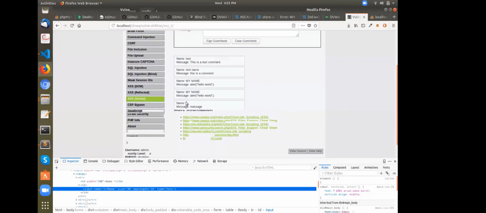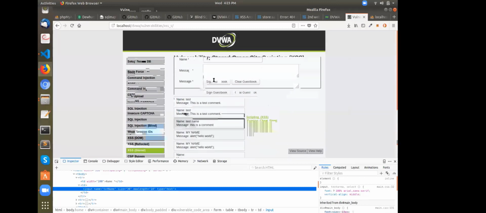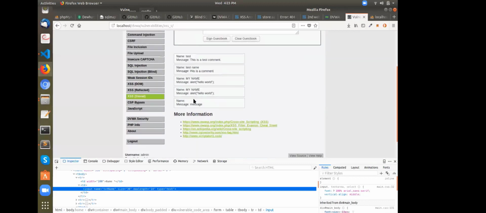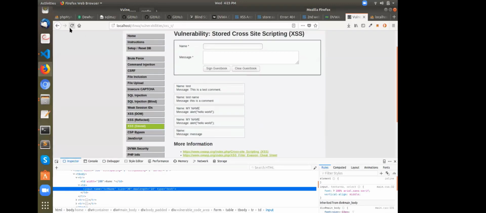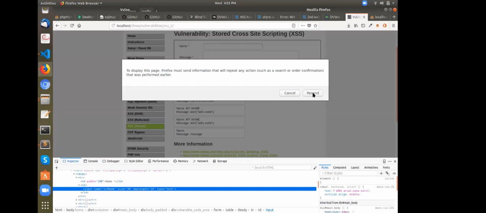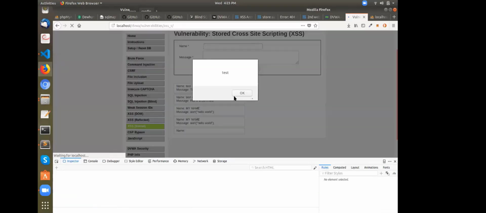You see, we did the same thing. First we tried to store the XSS attack in the message field, and then we tried to store it in the name field. But the message field is secure, so it was not saved in our database, but the name field was not securely validated. So that's why if you reload the page,